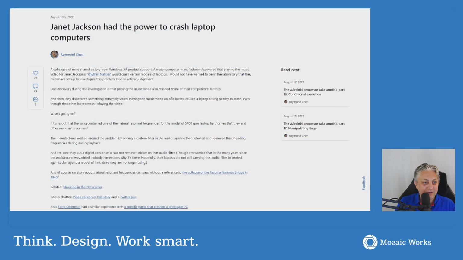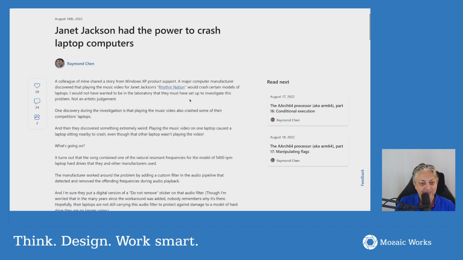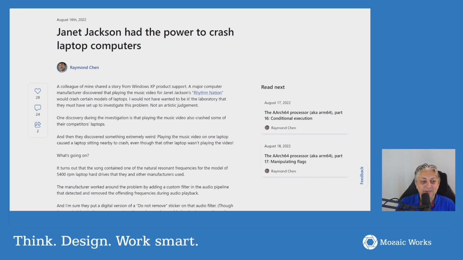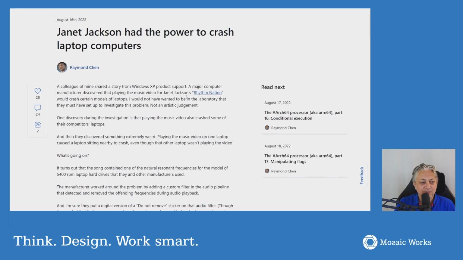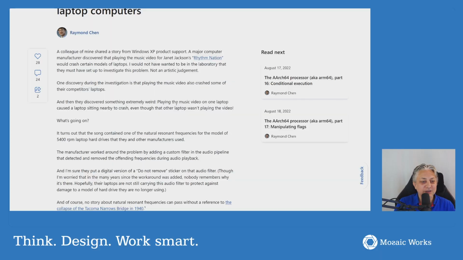Number 4, very interesting bugs. Back in 2022, an article written by Raymond Chen on the Microsoft developer blog posts: Janet Jackson had the power to crash laptop computers. A colleague of mine shared a story from Windows XP product support. A major computer manufacturer discovered that playing the music video for Janet Jackson's Rhythm Nation would crash certain models of laptops. I would not have wanted to be in the laboratory that they must have set up to investigate this